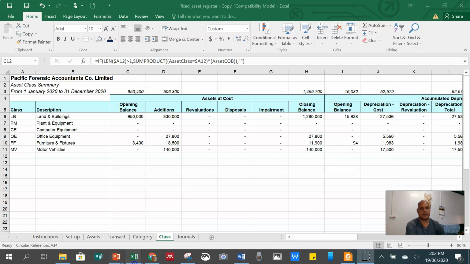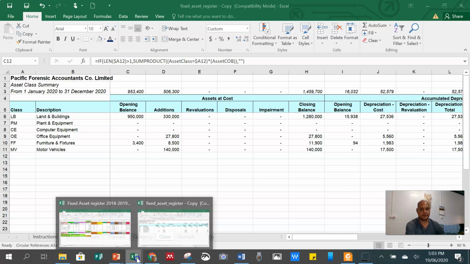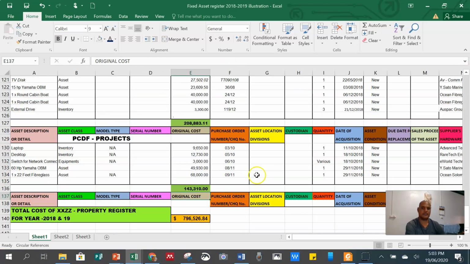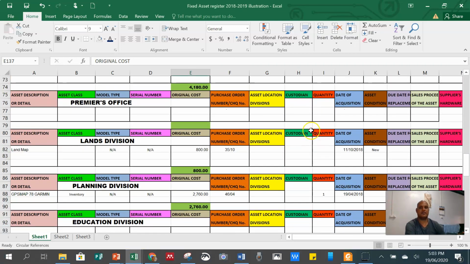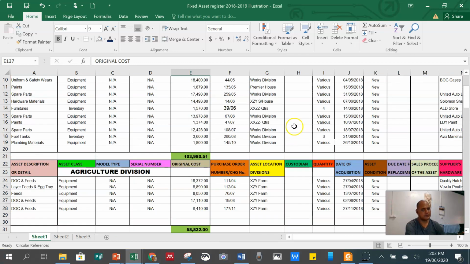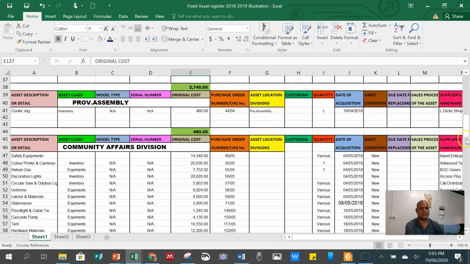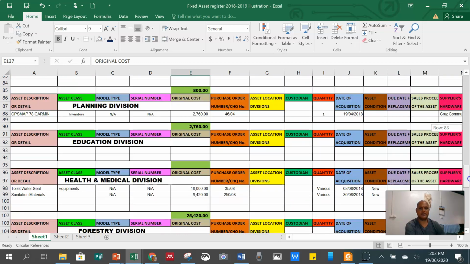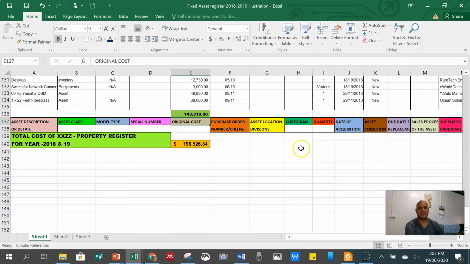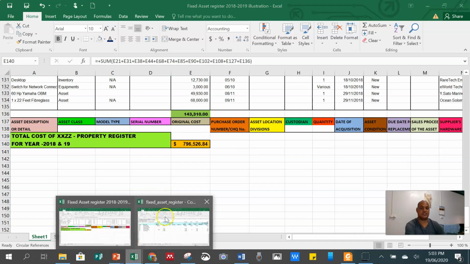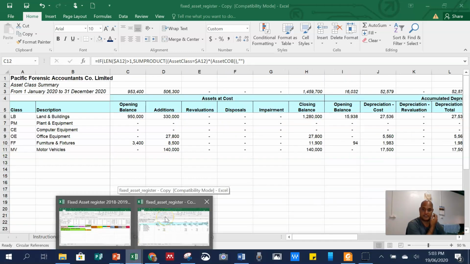So my last point is to emphasize, just make a reflection on this fixed asset register, how complicated it is, and it's just at the end of the day, it will just give us this information at the bottom, just this balance. But then look at the fixed asset register that I wanted to disseminate for the purpose of your learning.